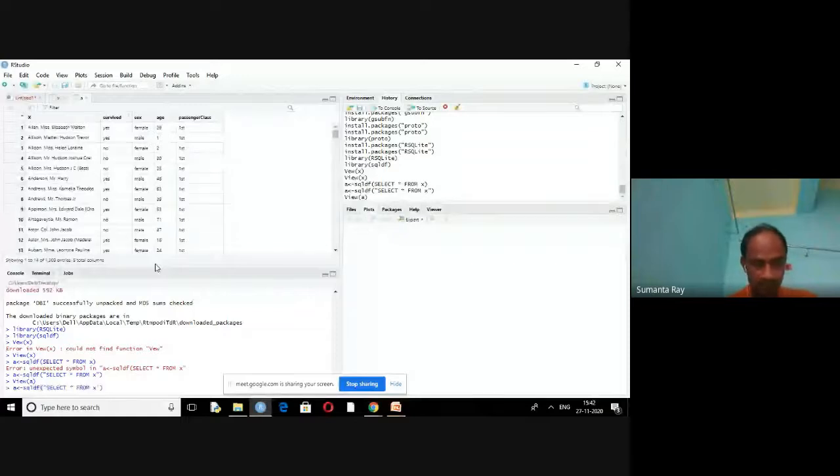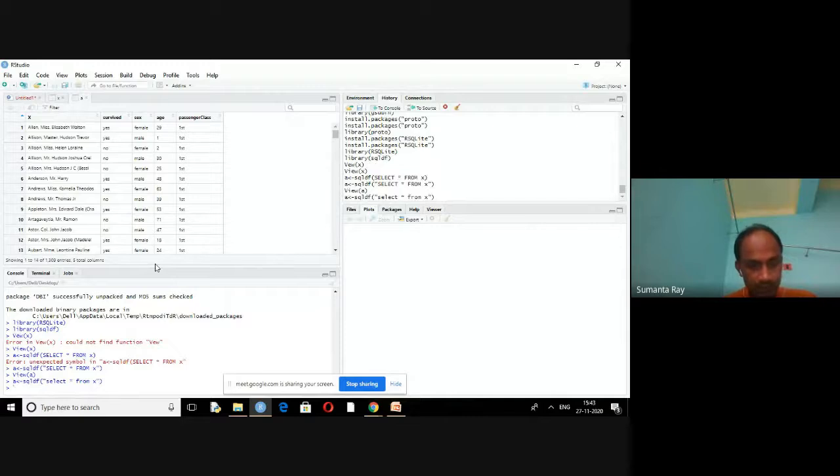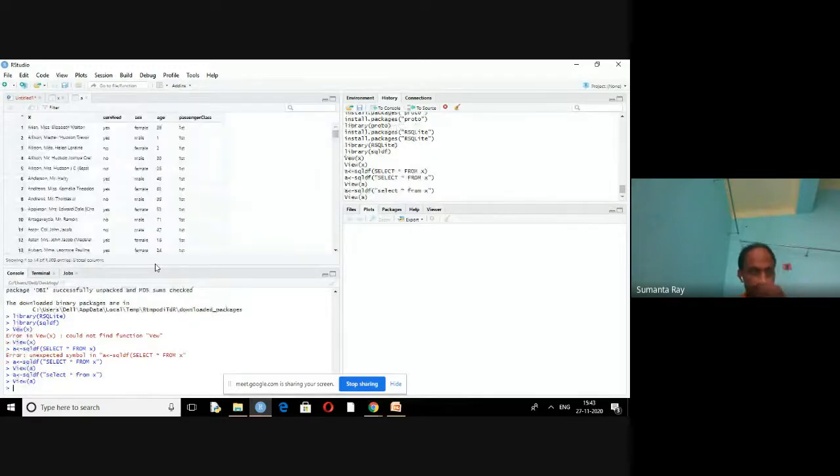Instead of that, if you write this one, that is also accepted. In some cases, the particular SQL command is required to be written in capital letters.